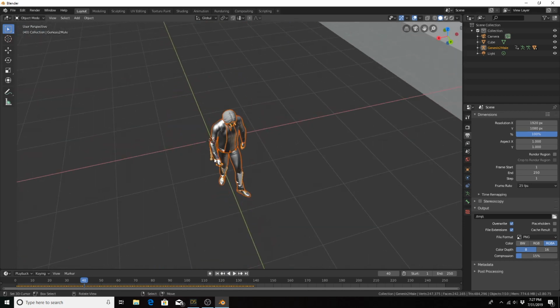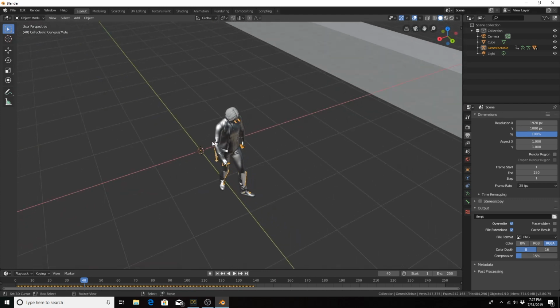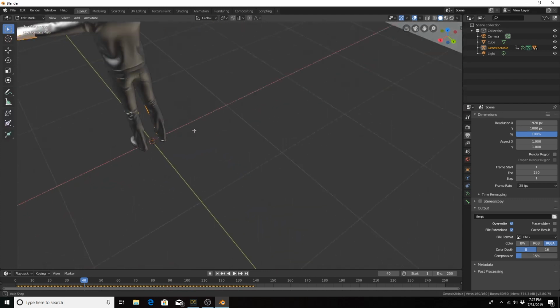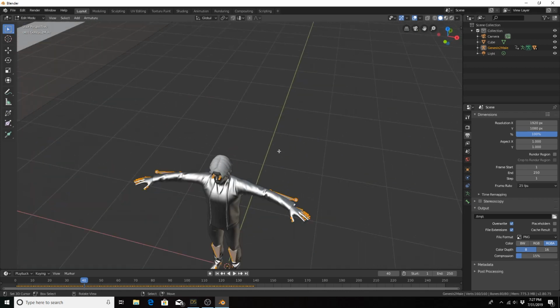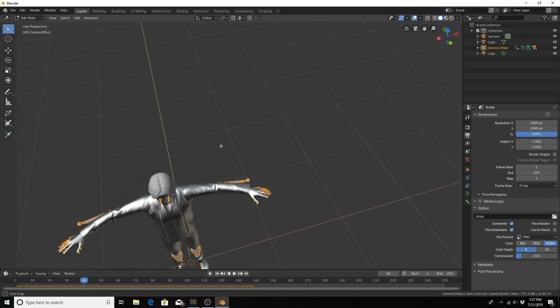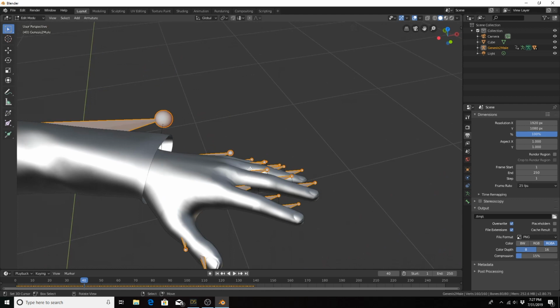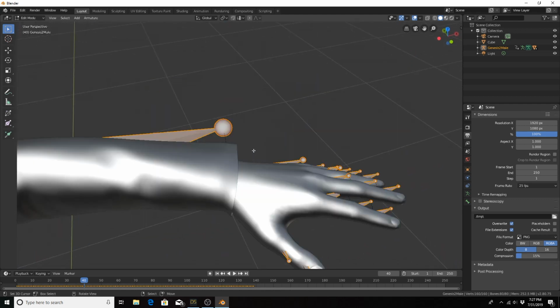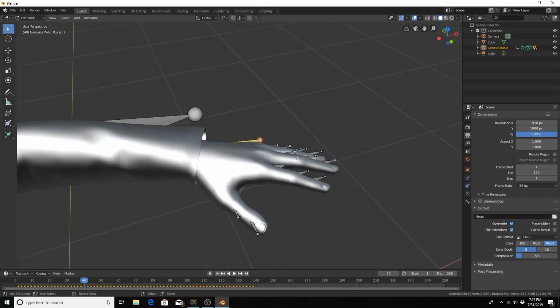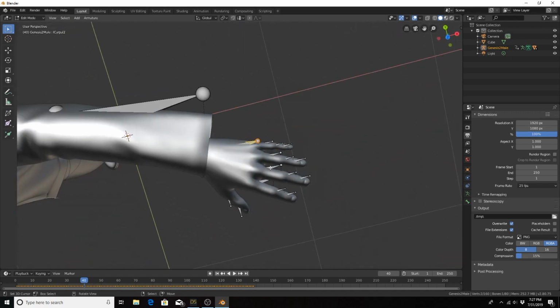So to do that, make sure the armature is selected, not the character itself. Hit tab to go into edit mode. And we'll just briefly work on the left hand. I'm not going to do both. It's the same process. I'm going to zoom in here to the left hand. You can see, let me select one bone so I can focus on that, that all the finger bones are kind of moving outwards at a 45-degree angle, and we just need to correct